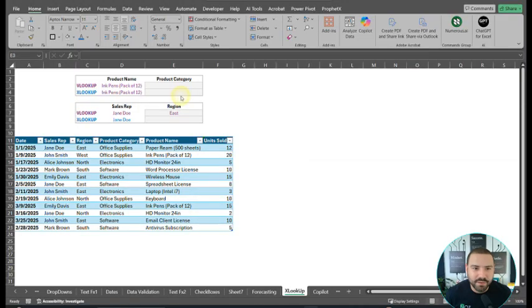So if you still need to be convinced that XLOOKUP is better than VLOOKUP, we're going to try two very simple tests. The first one is I want to return the product category based on the product name. So in this case, I'm going to do two examples, VLOOKUP and XLOOKUP, and we're looking up the ink pens, which should return the product category of office supplies. We'll start here with VLOOKUP,